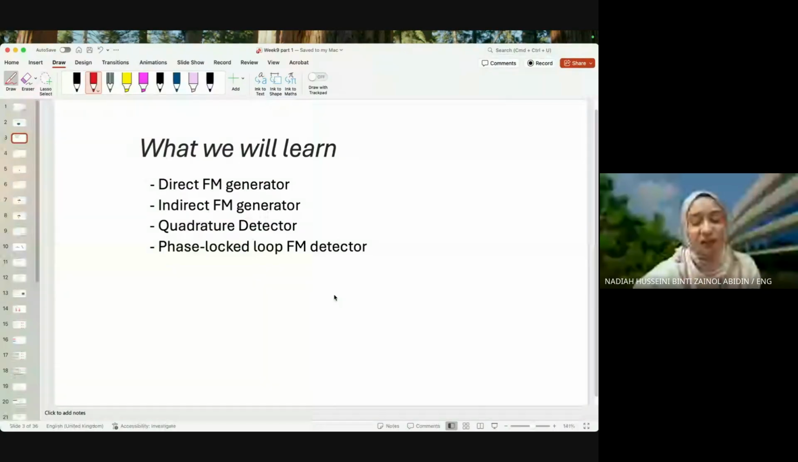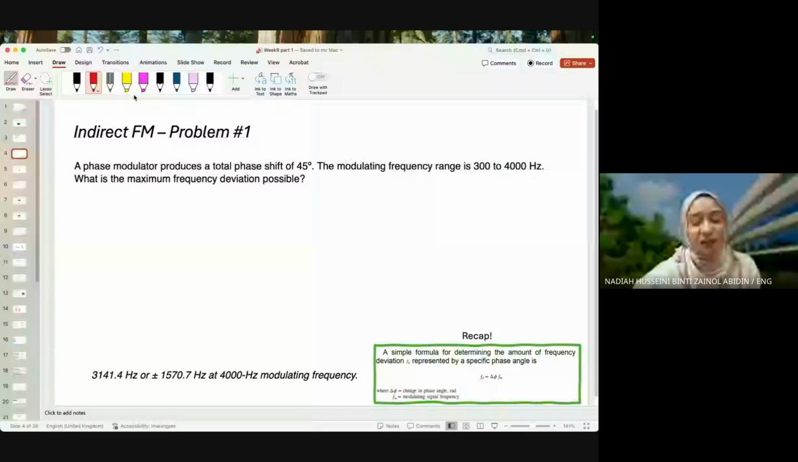Okay, so I have a problem to get your brains working again. A phase modulator produces a total phase shift of 45 degrees. Phase shift is given by this symbol. This is the phase symbol. If it is phase shift,